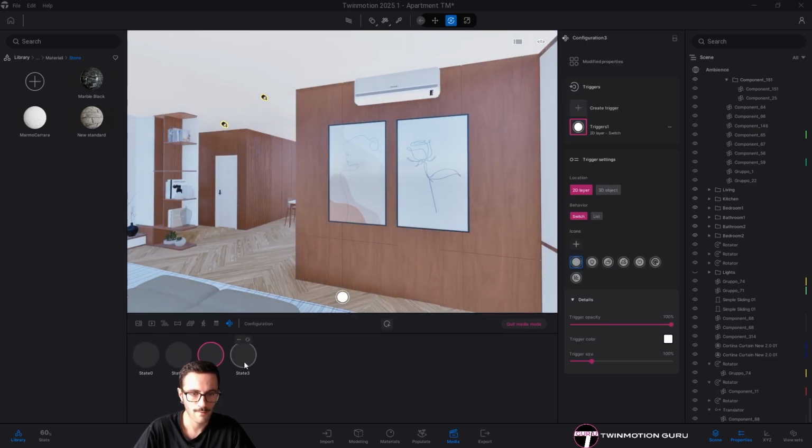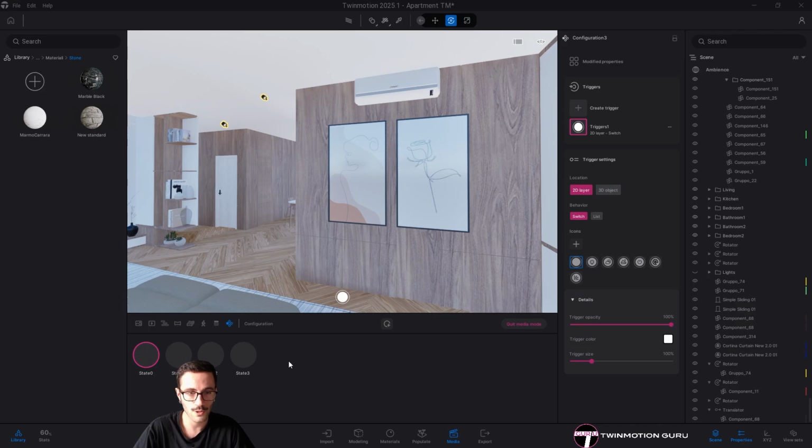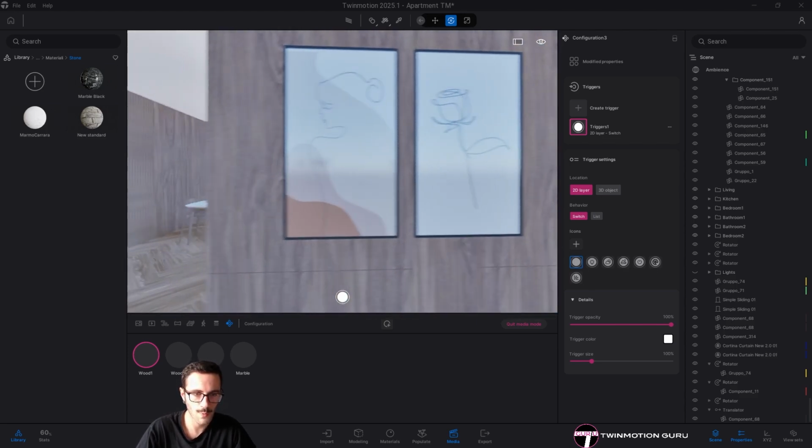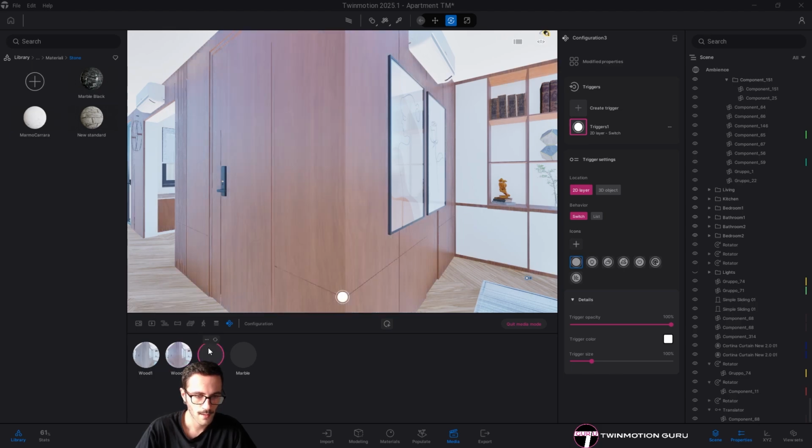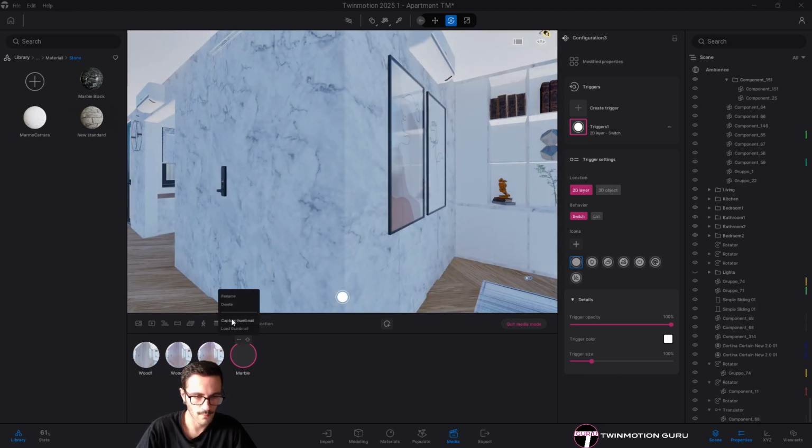So from here we have the possibility to modify and to switch all the materials, and we of course can rename it. So hood 1, hood 2, hood 3, and finally the marble. So this is hood 2. And here again we can switch, we can change the color, the turntable. So capturing this turntable, capturing this turntable, capturing this turntable.